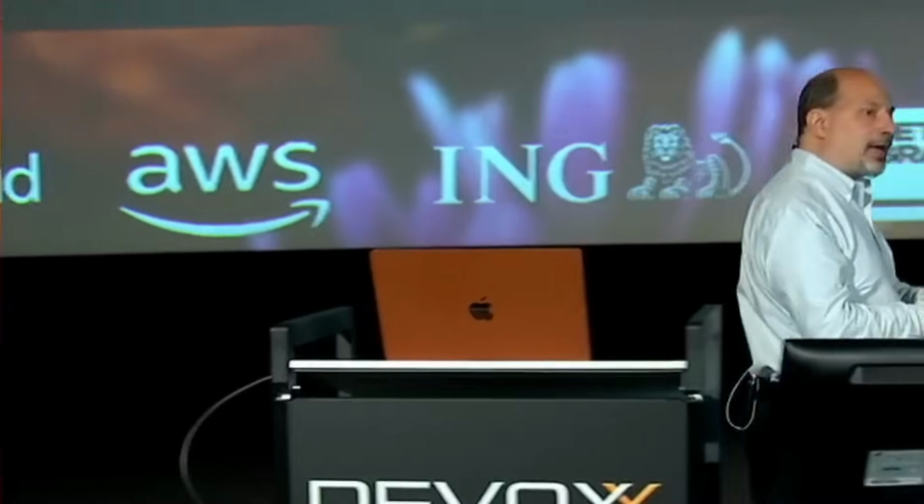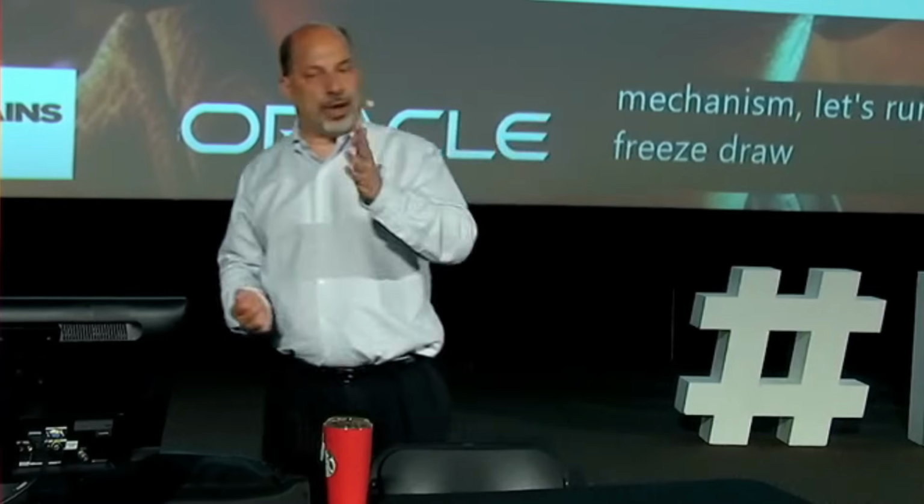There was actually a question at Devoxx Belgium about CRaC that Brian answered, and I'm going to put that now. So the question is, how is this related to CRaC? They're related in the sense that they're exploring the same goal. Project CRaC basically says, let's assume a checkpoint mechanism that's outside of the JDK, whether it be CRIU or some cloud-based checkpoint mechanism. Let's run the application up to a certain point, freeze dry it, and then restore it.